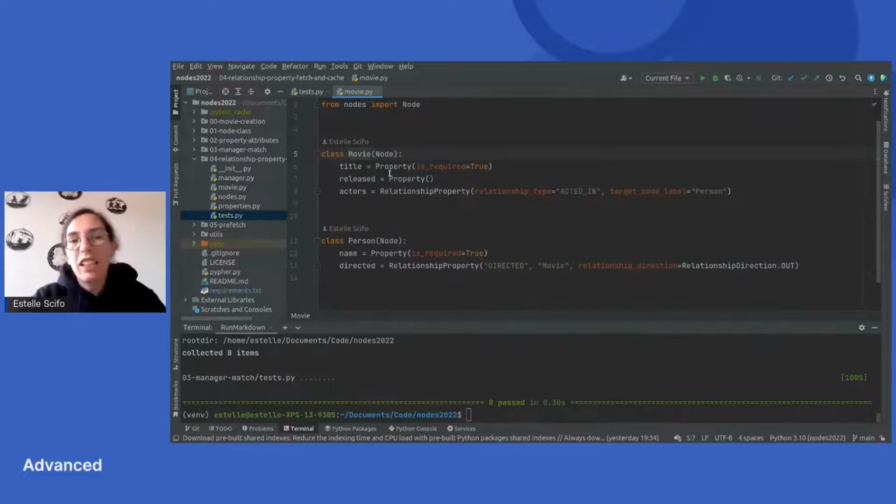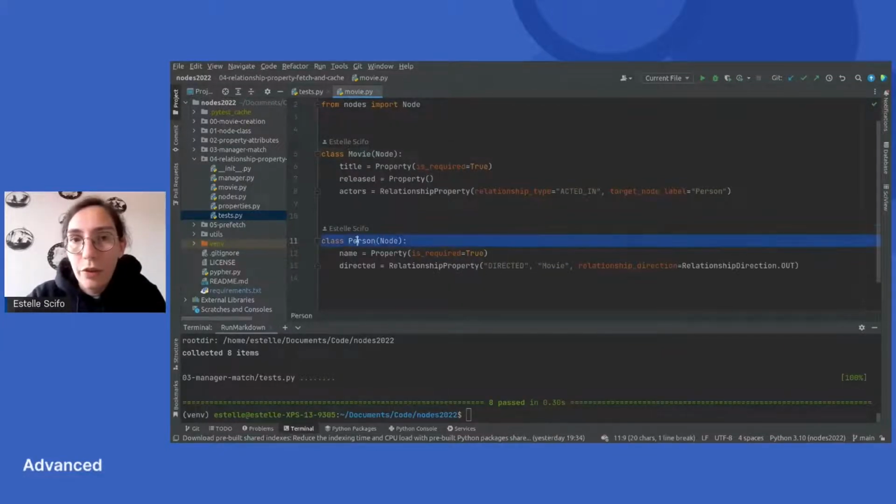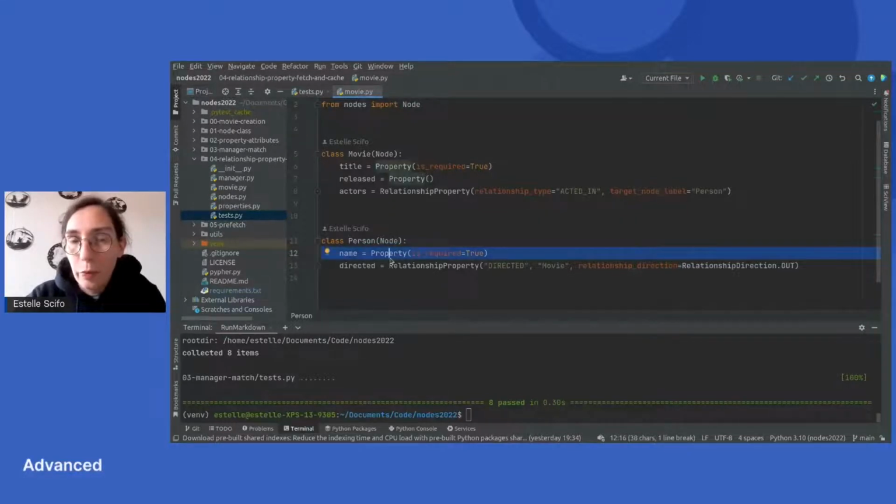Compared to the code before, I've added one Person node with a name property. And in my Movie class, I've added this relationship property that has a few pieces of information: the relationship type and the target node label. Both of these are required in our object graph mapper.